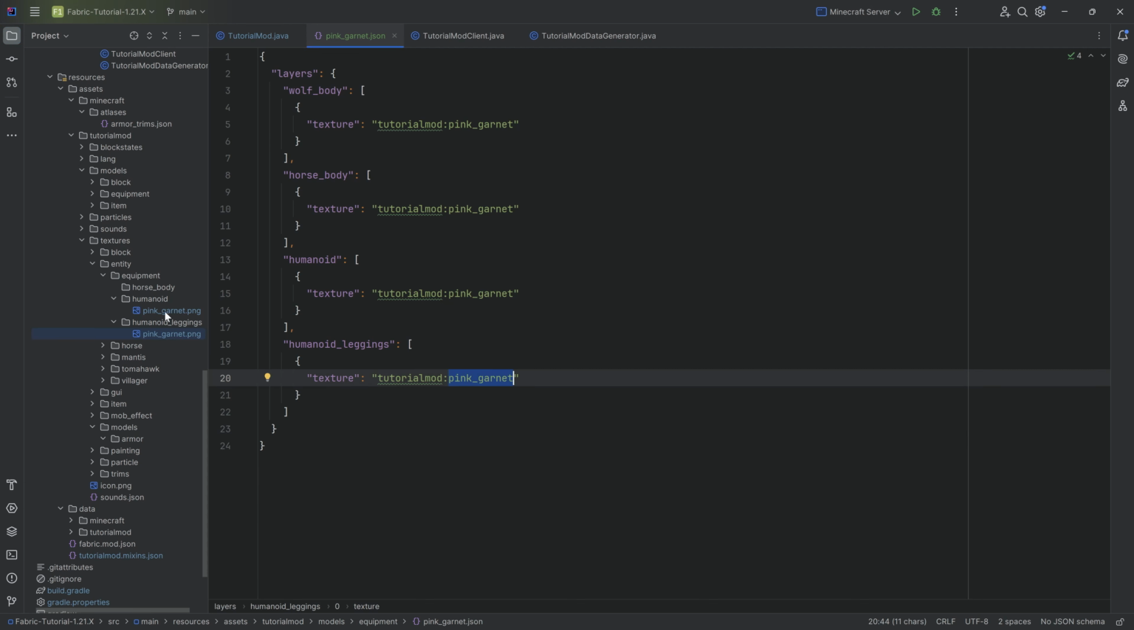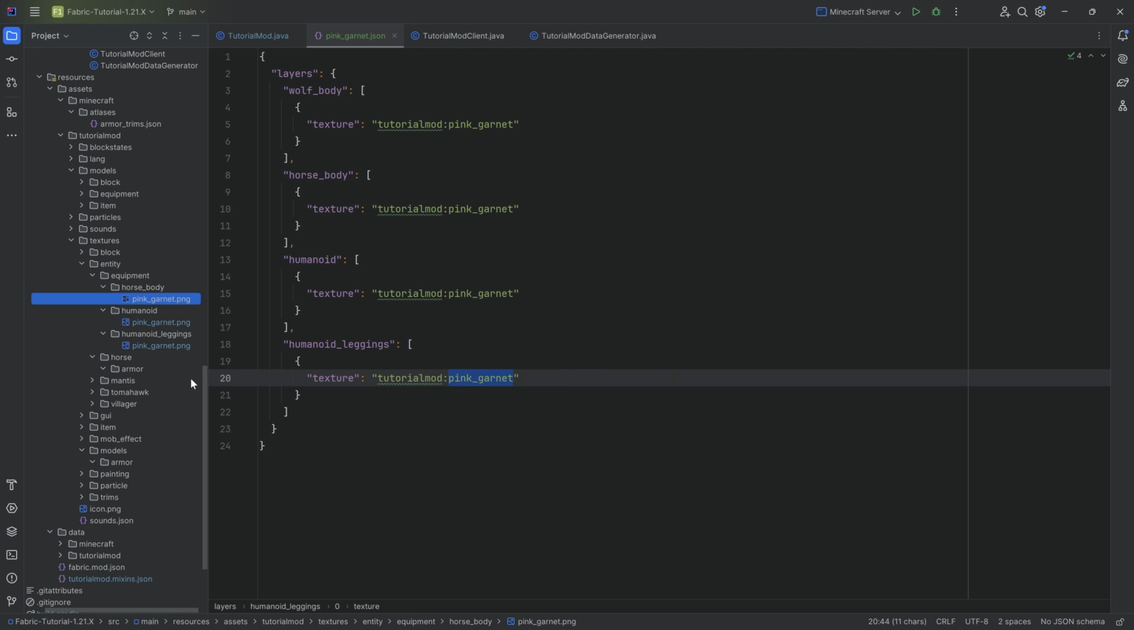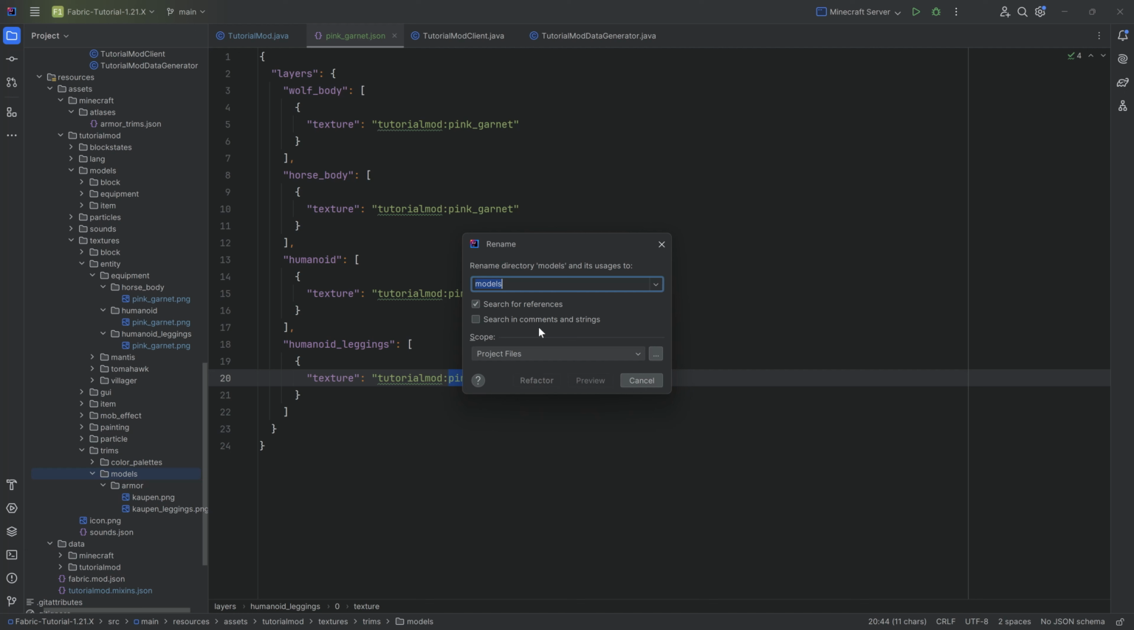And the same thing happens to the horse. So in the horse armor right here, we move this to the horse_body, where this is going to be renamed to exactly pink_garnet.png. This means we no longer need the horse armor. We no longer need models armor. And that is that. This does not conclude everything though, because under trims, models has now also changed its name